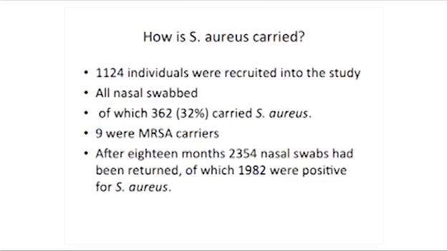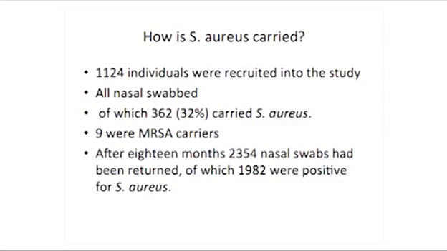So then what we've done in Oxfordshire, we've looked at how Staph aureus is carried again. So I don't know if there's anybody here. Every now and then I meet somebody who's in the study and I have to explain it. I suppose I should know they're in it because I signed all the ethics forms, but for me to keep track of 1,124 people is beyond me. They're little nasal swabs, and they were followed for 2 years, and we've got a third that carries Staph aureus. What's interesting, only 9 out of these carried MRSA in the community. These people consented to come from the GP practice and enter this. So there's a tiny number of MRSA out there.